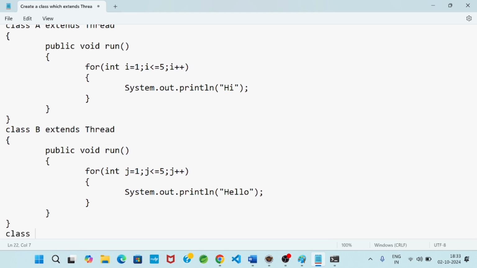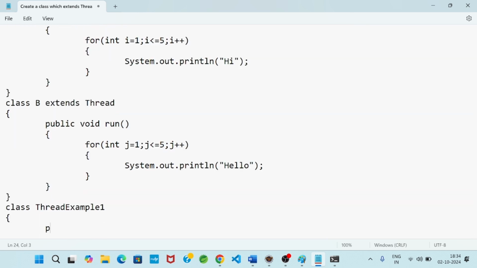Then I will go to the main method, because without the main method a Java program is incomplete. Let's suppose the class name is ThreadExample1, with public static void main, String args.